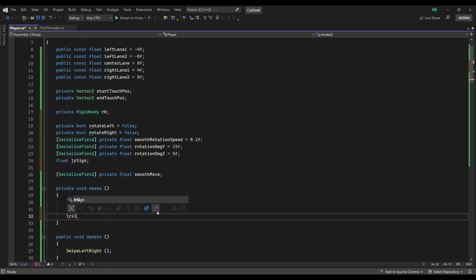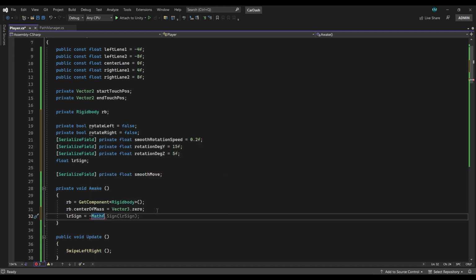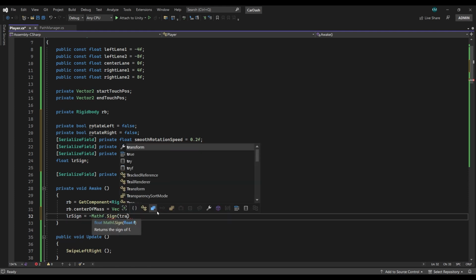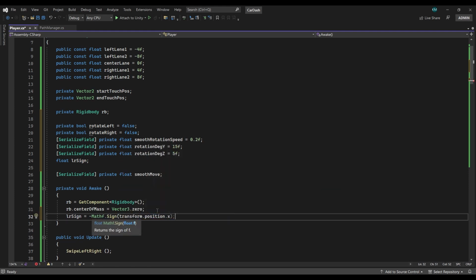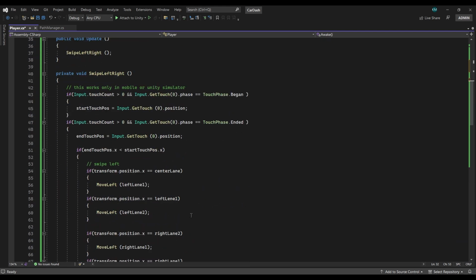Now, let's get the value of LRSign in the Awake method. Our LRSign is equal to negative Mathf.Sign of transform.position.x. This function basically returns the sign of our transform.position.x. We simply grab the value and store it in the LRSign variable. Next,